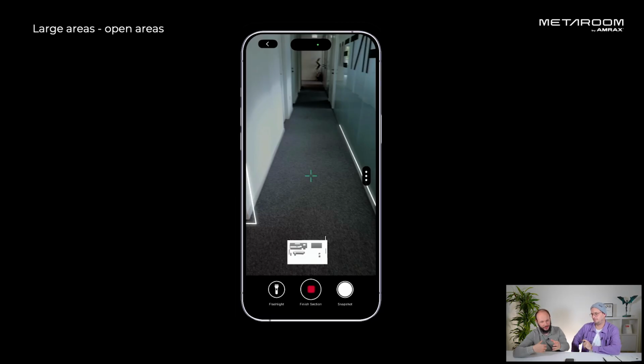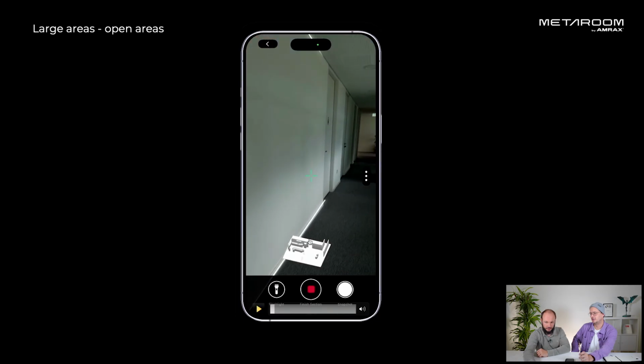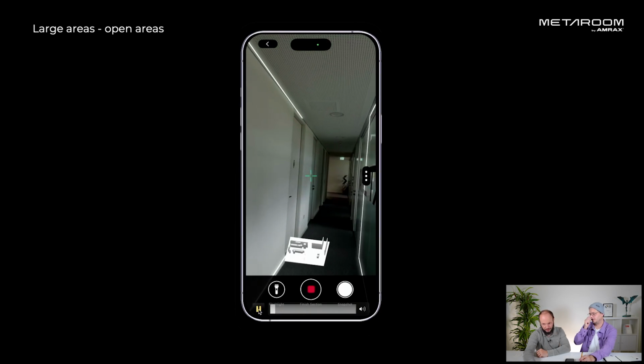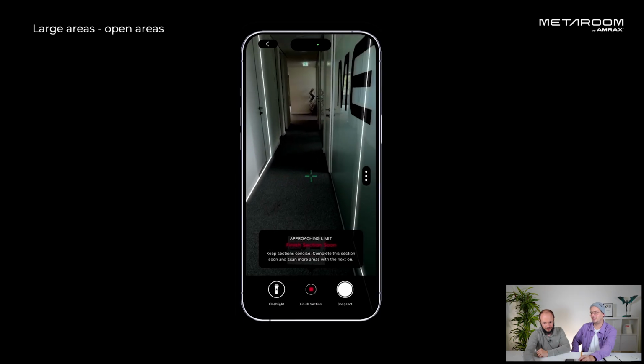So basically, as soon as you run into those data limits, we will let you know, or the app will let you know. Exactly, because what we see here is we already scanned a big part of our kitchen in our office, what you see down in the Puppet House. And now we forced the app to run into a storage limit. And then the app even helps you here by telling you